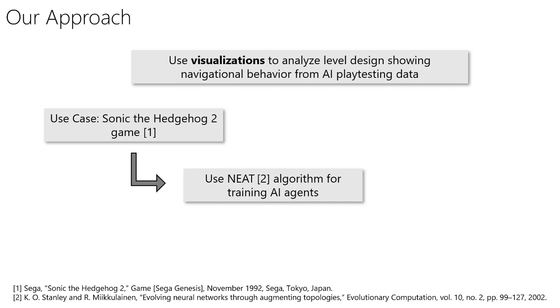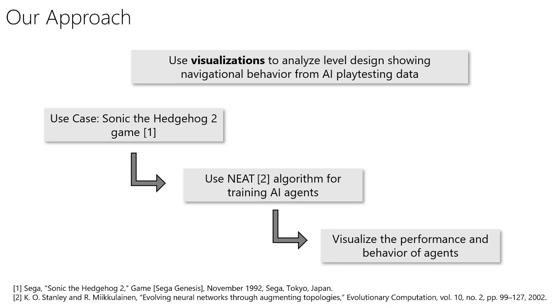Since the goal of the game is to reach the far right end of the level, we use a simple reward function based on the Euclidean distance between the final position of Sonic and the goal position. The position of each AI agent at every frame during the game is recorded along with the received reward values for each game level. We also include the generation number of each AI agent in the data. The recorded data is then used to construct visualizations as explained next.